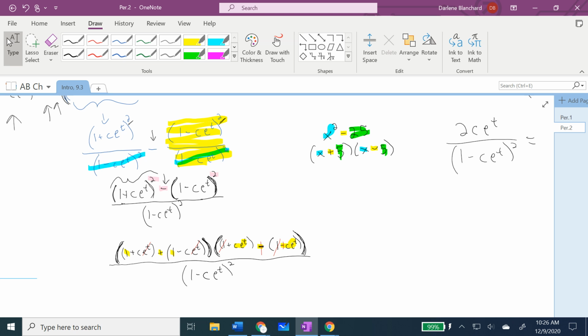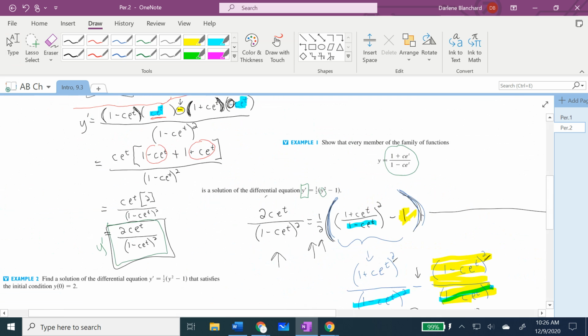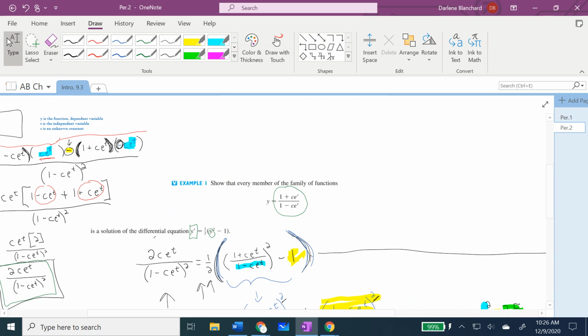Now, let me tell you what's absolutely wonderful about this. If you take a differential equations class in the future, I loved the fact that, after I did a problem on a test, when I solved a differential equation, I could check my work and see if I got the right answer by doing what I just showed you here. So you'll learn some process of getting from